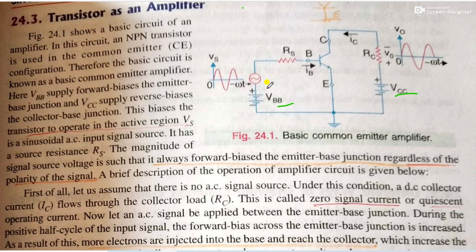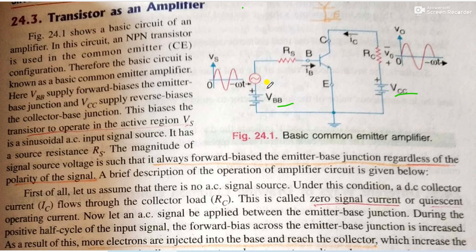The amplifier in which the instantaneous output signal is directly proportional to the corresponding input signal is called a linear amplifier. On the other hand, one in which the output is not directly proportional to the input is called a non-linear amplifier. We will discuss only the linear amplifier category. Before that, we will discuss the transistor as an amplifier.